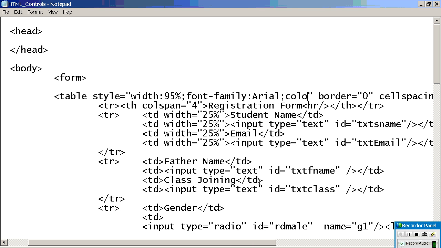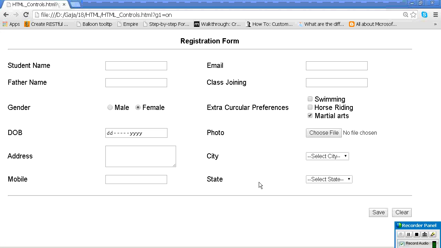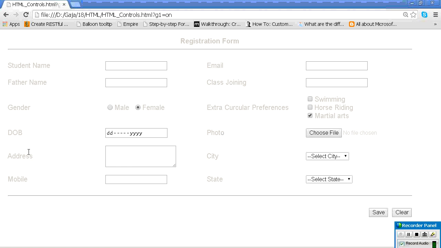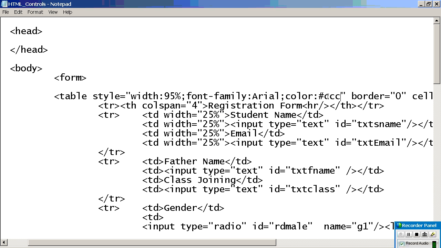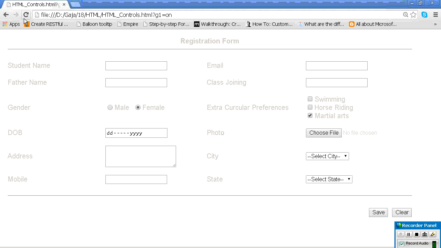Next, I want color. For your information, if the color code contains the same characters repeated as the name, you can use 3 characters. If you use like 3, what is the meaning? It is repeated again. So rather than writing that again, I made it blue. This is gray. So like that, a lot of color codes are there. Here, black, red.